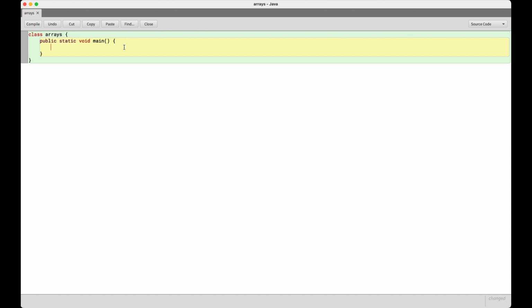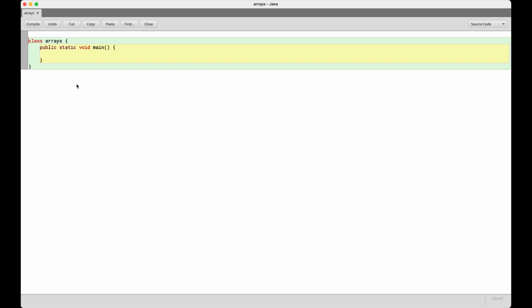Take input and store the data in an array. So the first thing you need to do is import the scanner class, which is required to take any kind of input. Next, we will be creating an object of the scanner class. You don't have to do this, but Scanner c equals new Scanner brackets